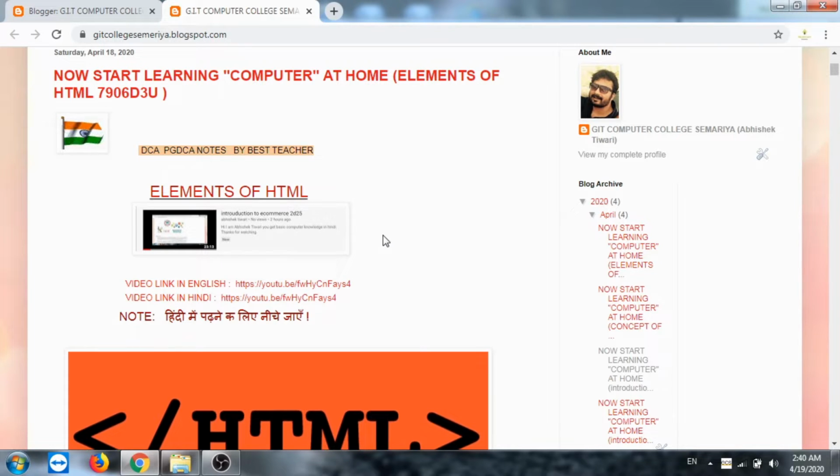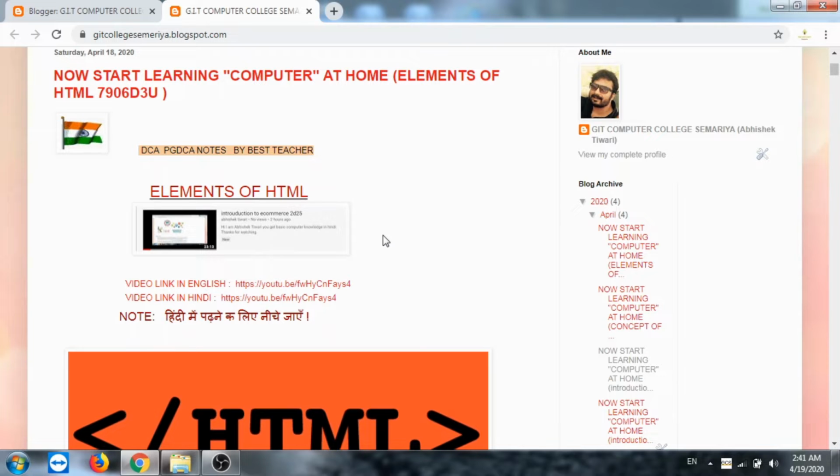First, be clear: anything you write in an HTML file, we call all those things elements.